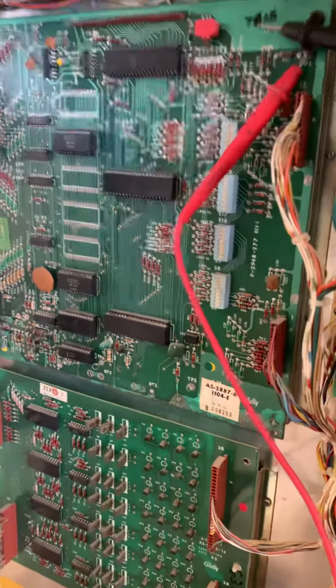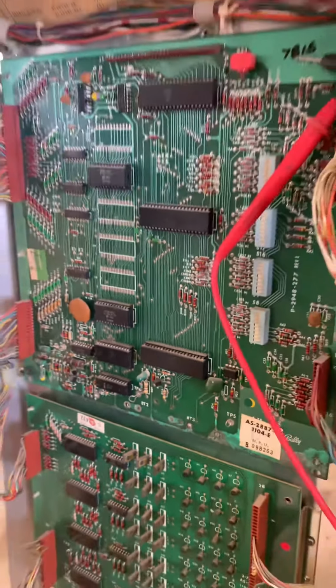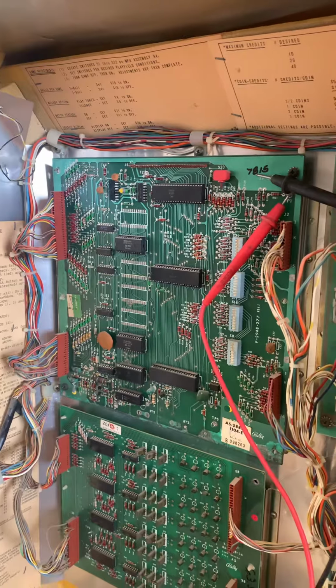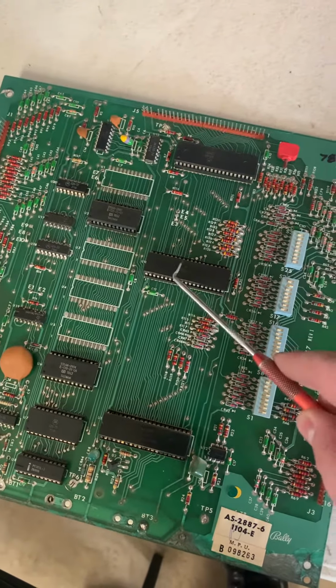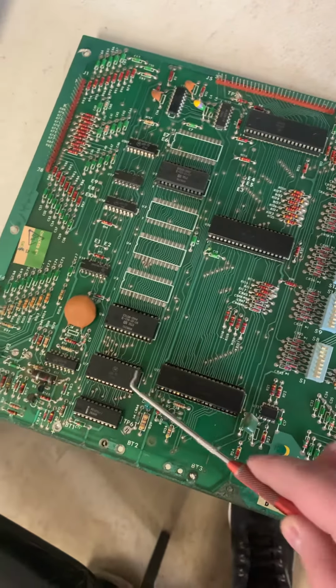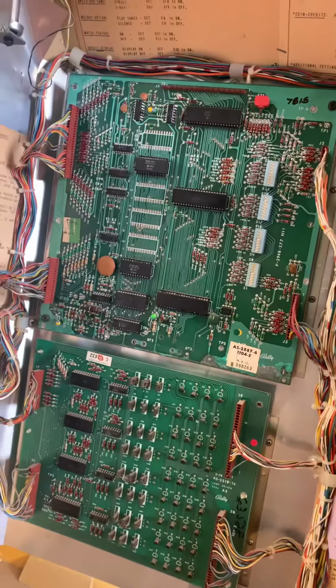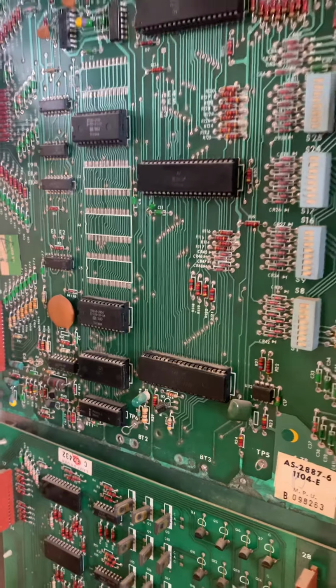Whenever I power it on, I only get a couple of flashes out of this LED. That means that there is a fault here with the MPU. Our voltage is good, so let's take it out and clean the chips and see if we can get anything more out of it. Let's remove these socketed chips, clean off the corrosion, and reseat them and see if that helps. After cleaning and reseating all of these chips, I get all 7 flashes on the MPU,